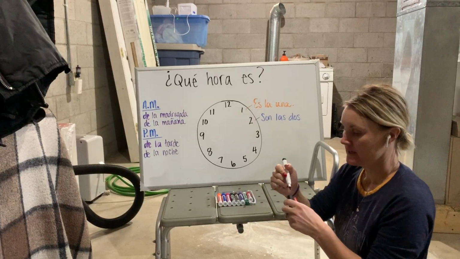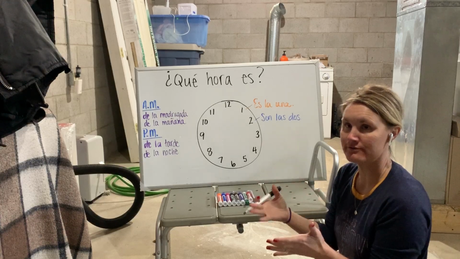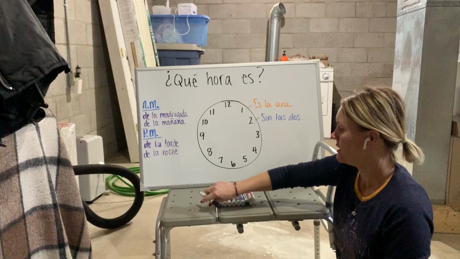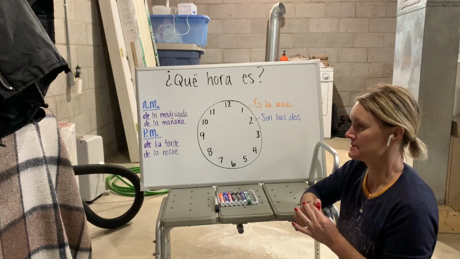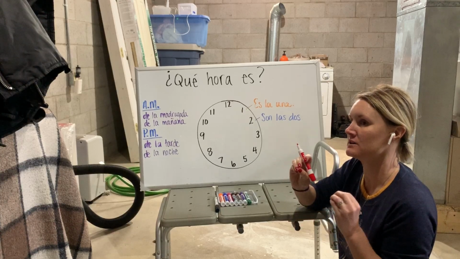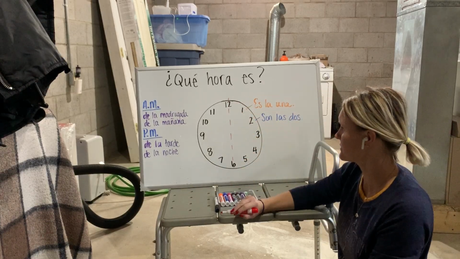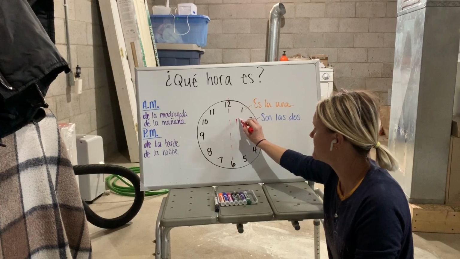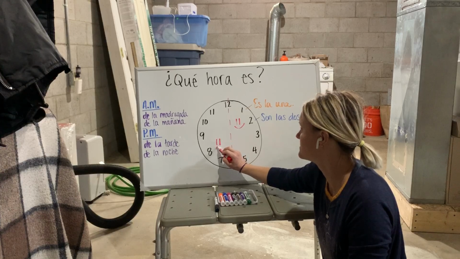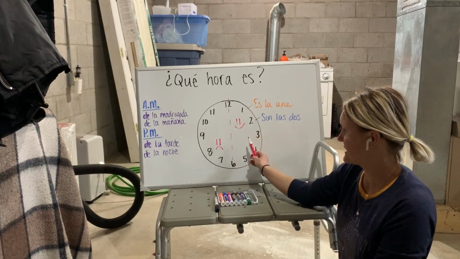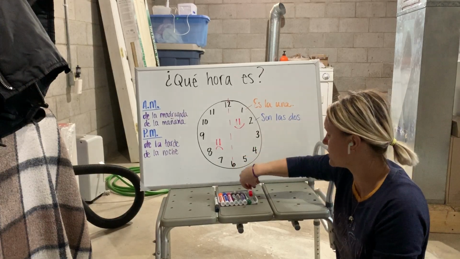So what happens when it's not just 1 o'clock on the dot, it's 1:05 or 1:10? When we're talking about adding minutes to the hour, we have to think about our clock being split right down the middle, okay? There is a good side and there is a dark side. The good side is really easy, okay? You just have to say the hour, and then we're going to use